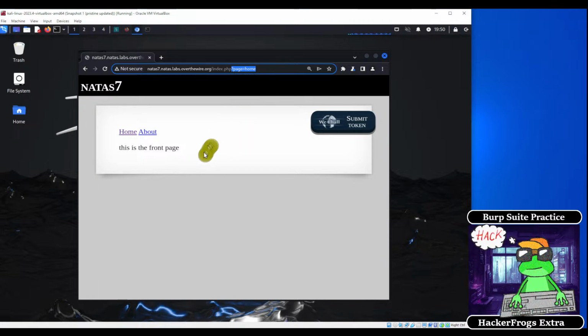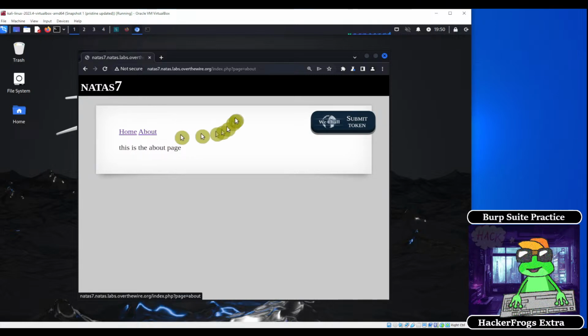So page equals home, and then if we click on the about link right here, the value of the page parameter changes from page equals home to page equals about. So this implies that the URL parameter here is fetching the page name based on whatever we feed to the URL parameter. So anytime we see something like this, there could be a web app vulnerability